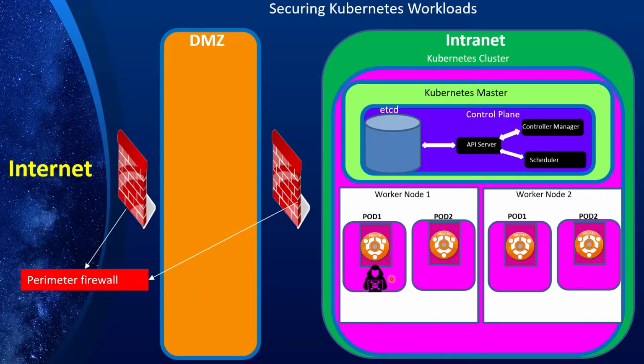Which means that if a hacker, through, let's say, a piece of malicious code, gains access to a pod or a host, he or she can easily start attacking other pods and hosts, and eventually will attack and gain control of the control plane itself. So we need to come up with a strategy that provides security,